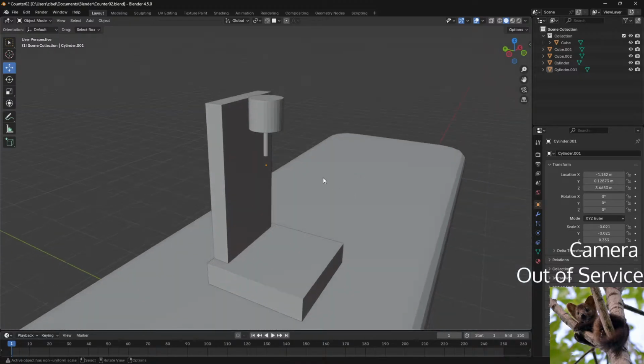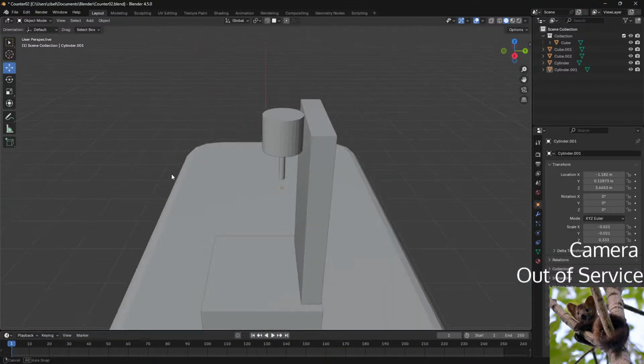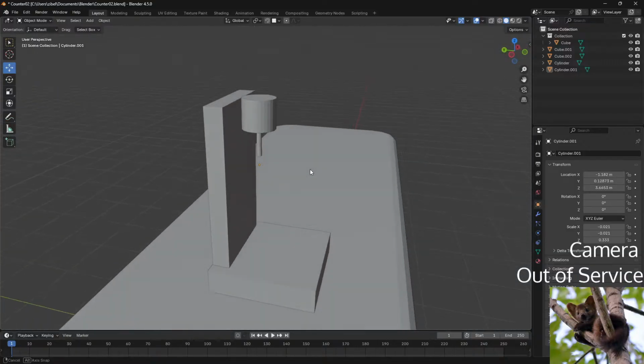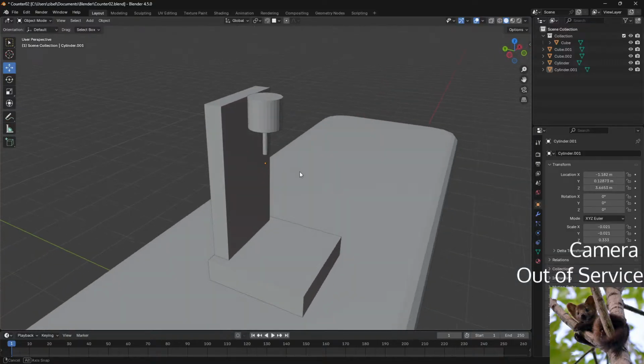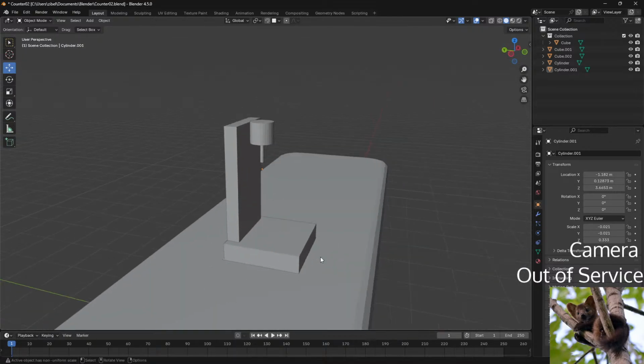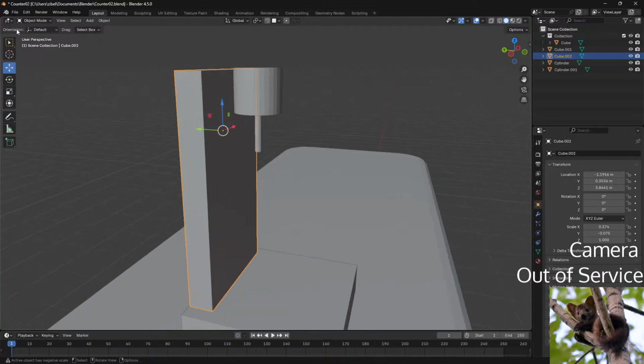Oh, that's not terrible. Could be worse. Alright, let's see. Can we smooth this a little bit?